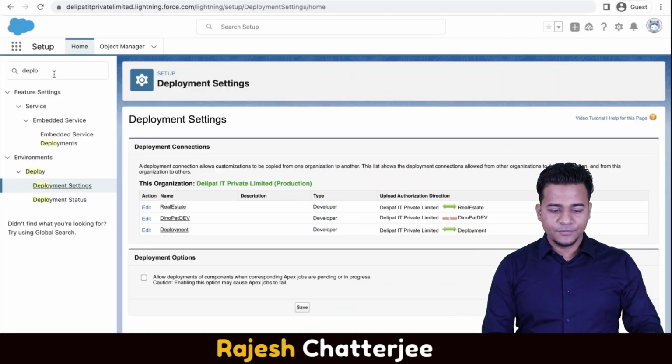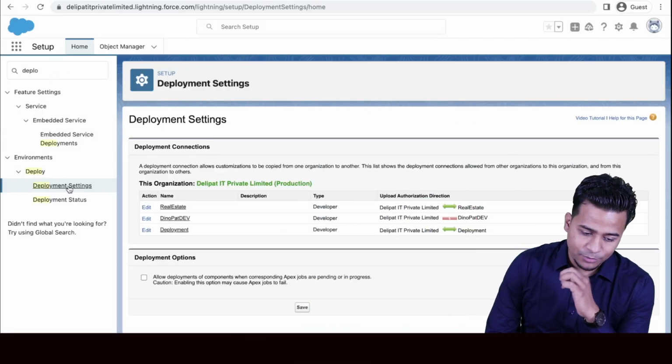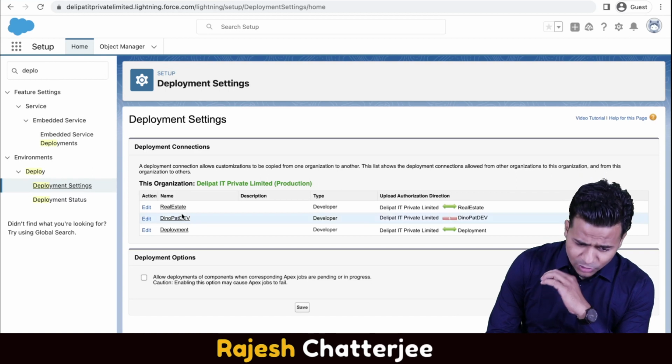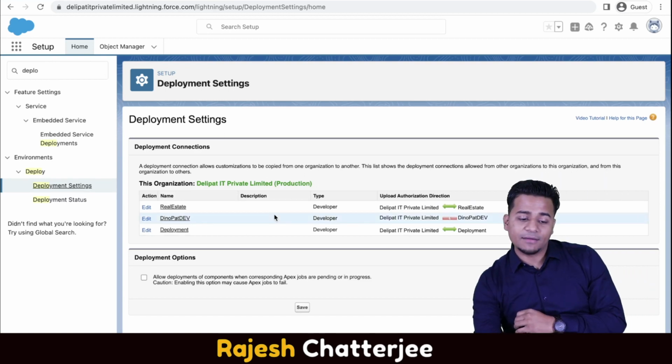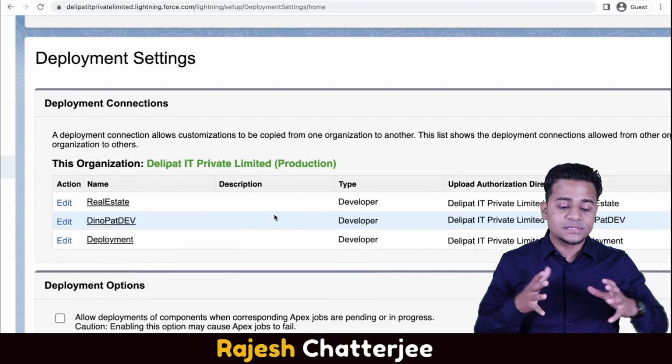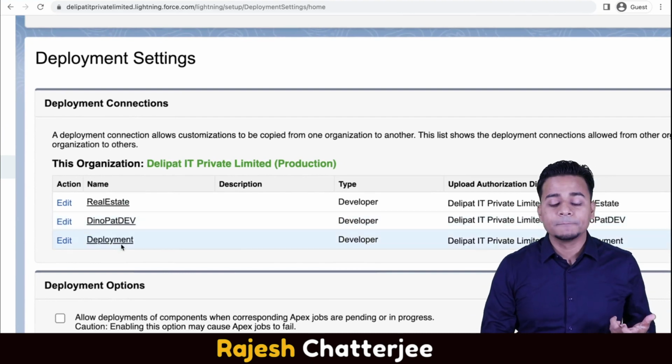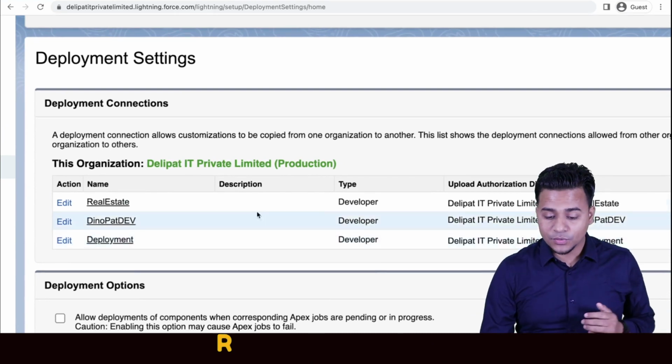Okay, let's look at my screen. If you go to the settings and search for deployment settings, you get this particular deployment settings page, and I have a total of 3 sandboxes, right? One is real estate, one is this, right? Now, how can you deploy? Can you see this,